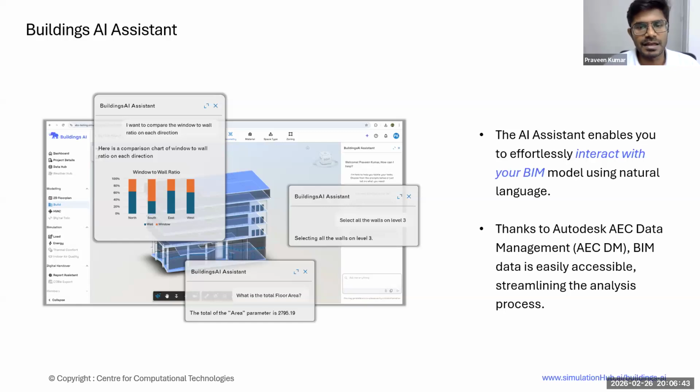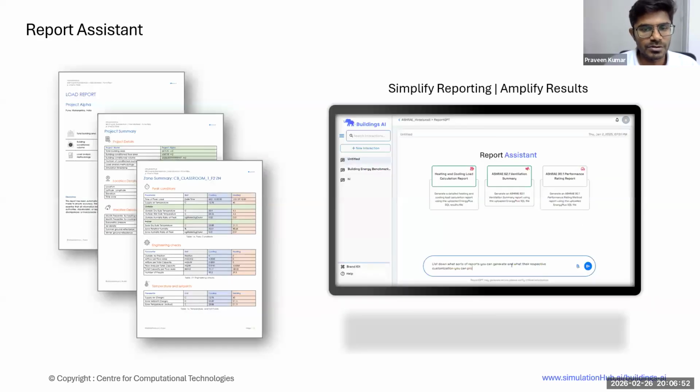There is material assistance throughout the stages of Buildings AI. Towards the end, there is a report assistant, which assists you with load calculation report generation, as well as the basis of design reports from the OPR. So all sorts of assistants will be there to assist you throughout the workflow.